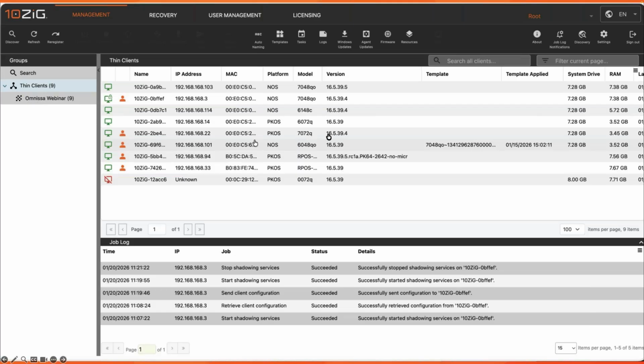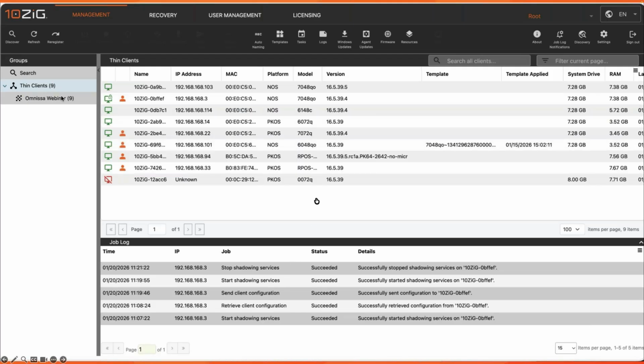On the right-hand side here are our clients that form either that view or group or tenant. And we can see from here clients that are connected, whether they're online or offline. Like in the demo case here, this is a client that's connected through Secure Connector versus the other clients that are all connected locally. And then the job log here keeps records and track of any jobs or transactions that we make from the Tenzig Manager server to one or more clients.